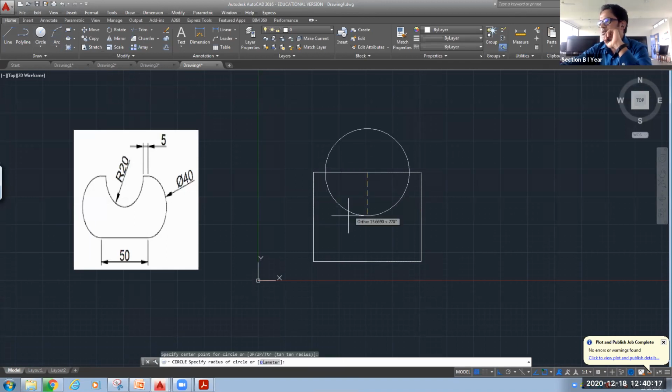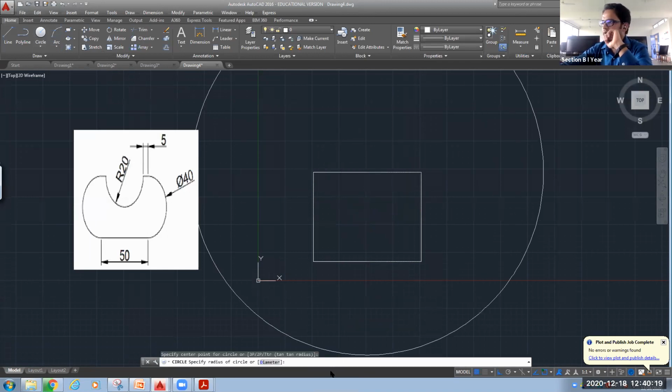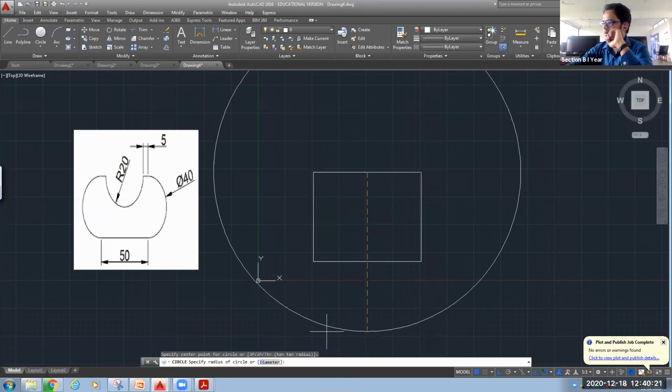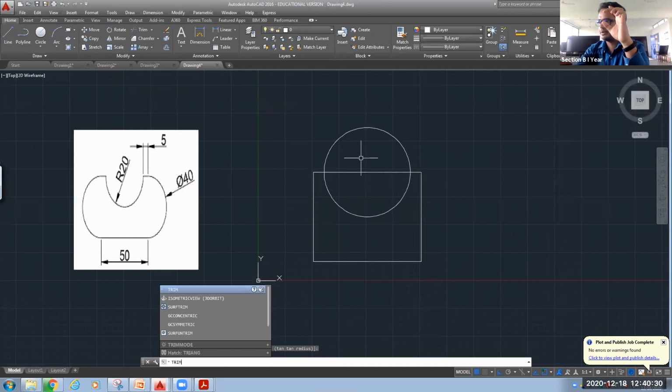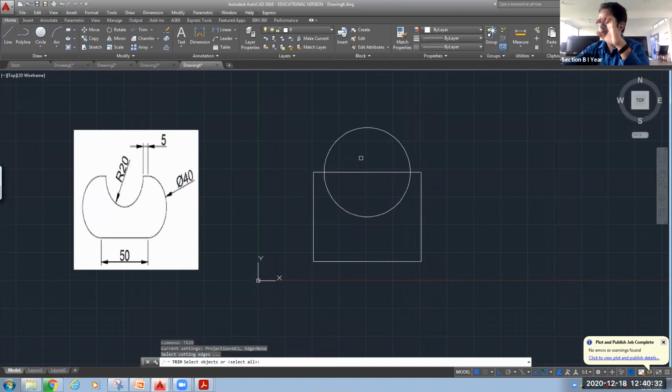From the midpoint, draw a circle of radius 20. Okay, now I will trim it. Use the command trim, enter. I don't want the upper half, so I need to first select this object, press enter, and you delete this part. Okay.